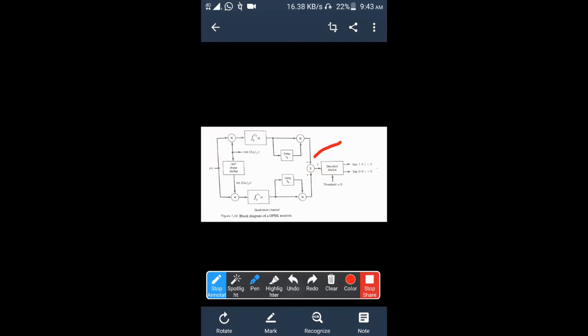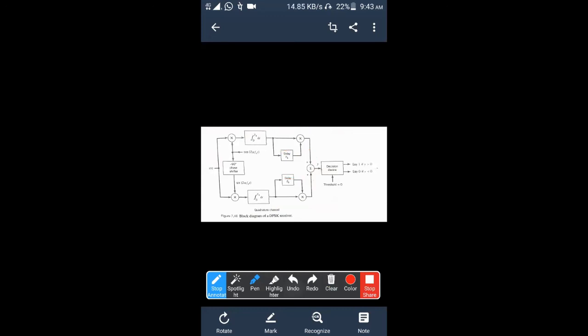Now understand my discussion. Whatever is stored is cos theta and minus sin theta. Incoming is also cos theta and minus sin theta. That means when both of them are the same, the previous values and present values are the same, obviously it is bit 1. When there is bit 1, the two waveforms of consecutive periods will be the same. So we'll get a positive value.